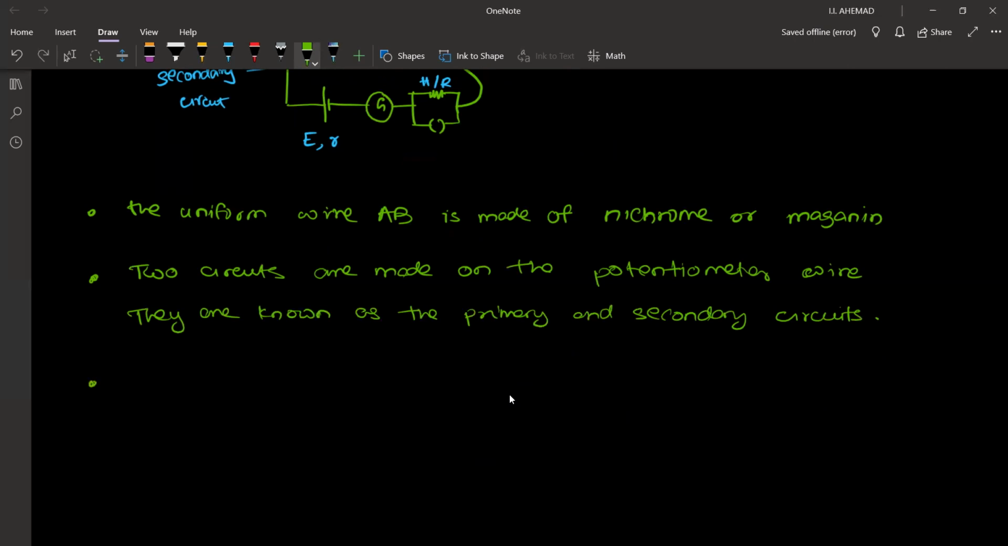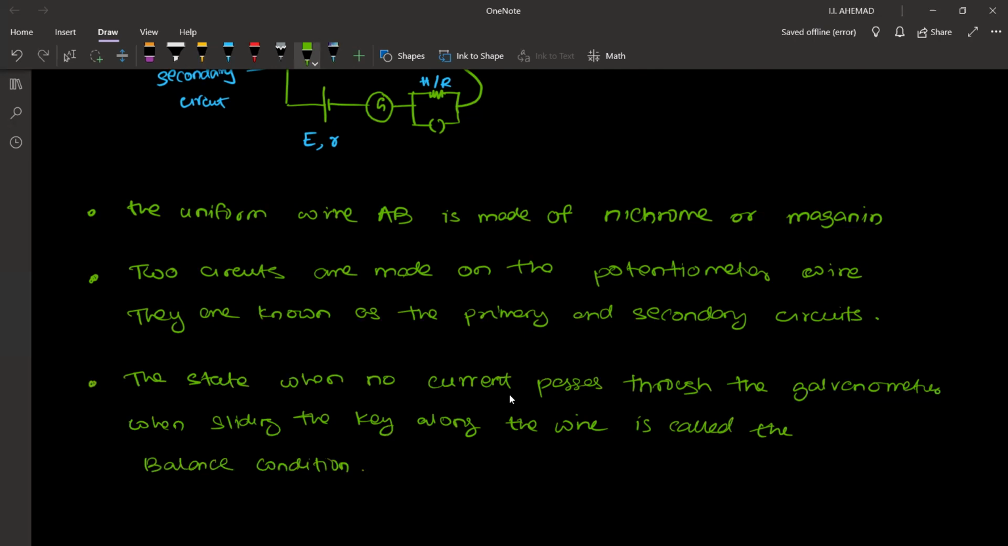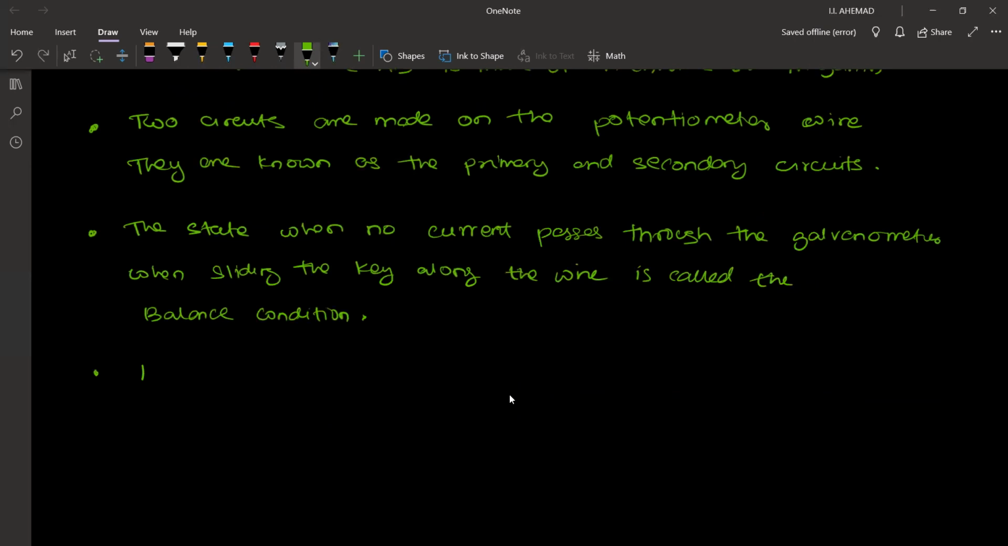Next, the state when no current passes through the galvanometer when sliding the key along the wire is called the balance condition. This point